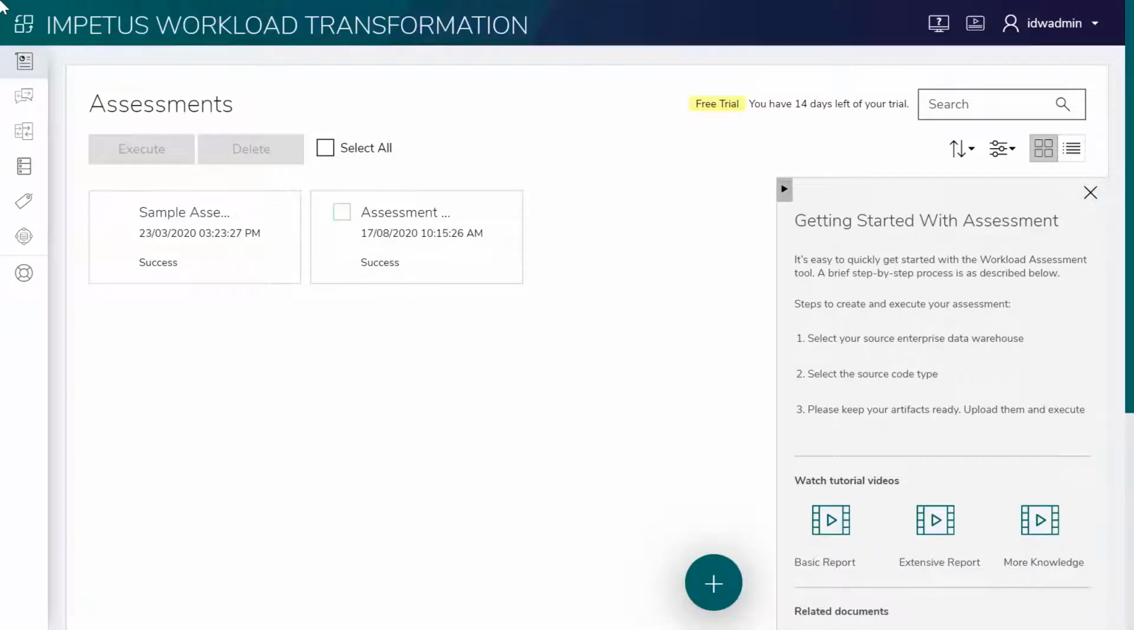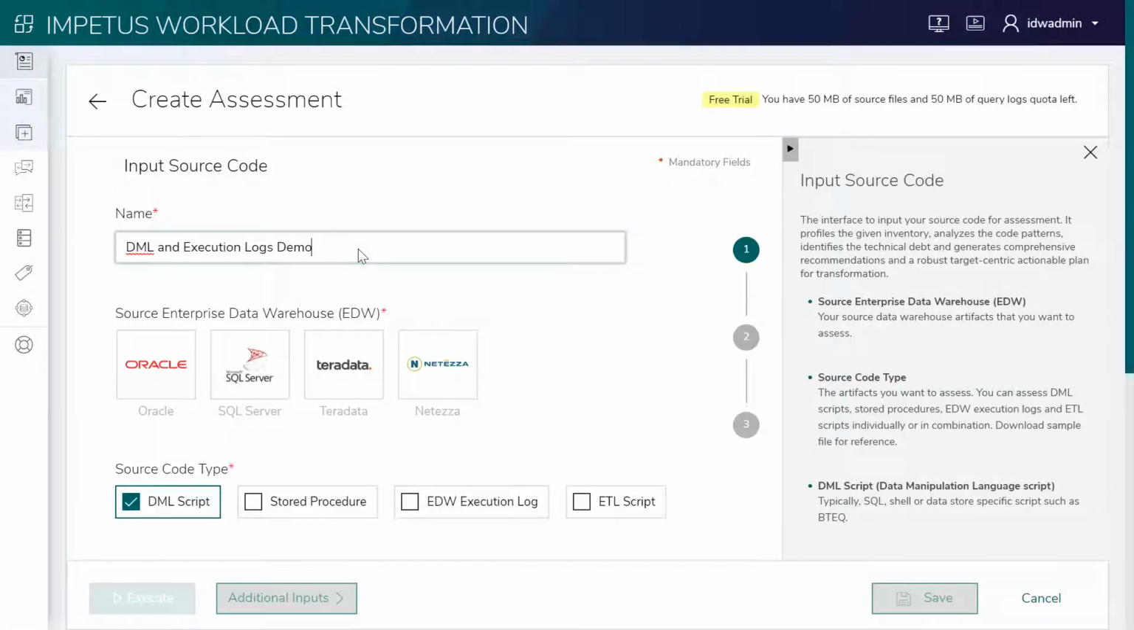Log into the tool, you will land onto the listing page. Click plus to create the assessment. Give your assessment a name. Let's say you have Teradata as your source enterprise data warehouse for which you want to assess the DML scripts